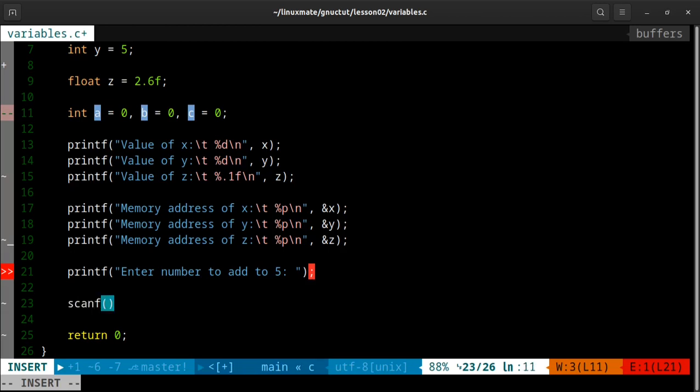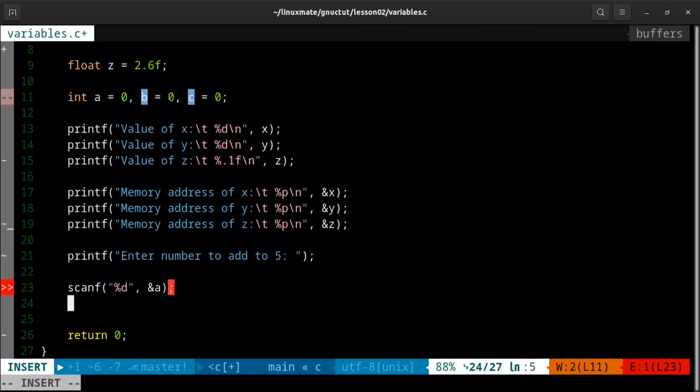And scanf takes two parameters. The first one is the format of the data that it should expect to receive. In this case, we're going to expect an integer. And you will also use the ampersand to specify the location that you want to save the value retrieved from the user. So we're going to use ampersand A because we want this value that the user enters to be stored at the address of A, or the address that stores the value of A,